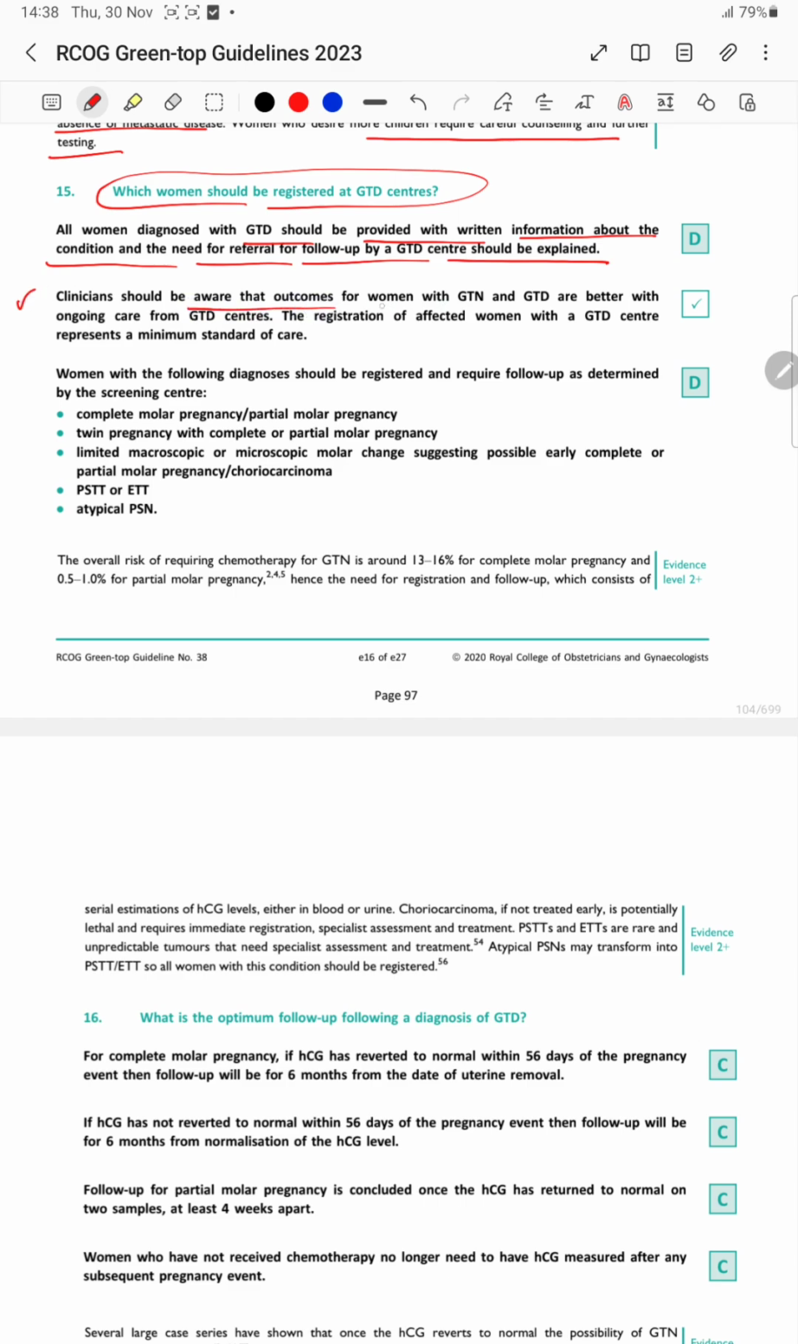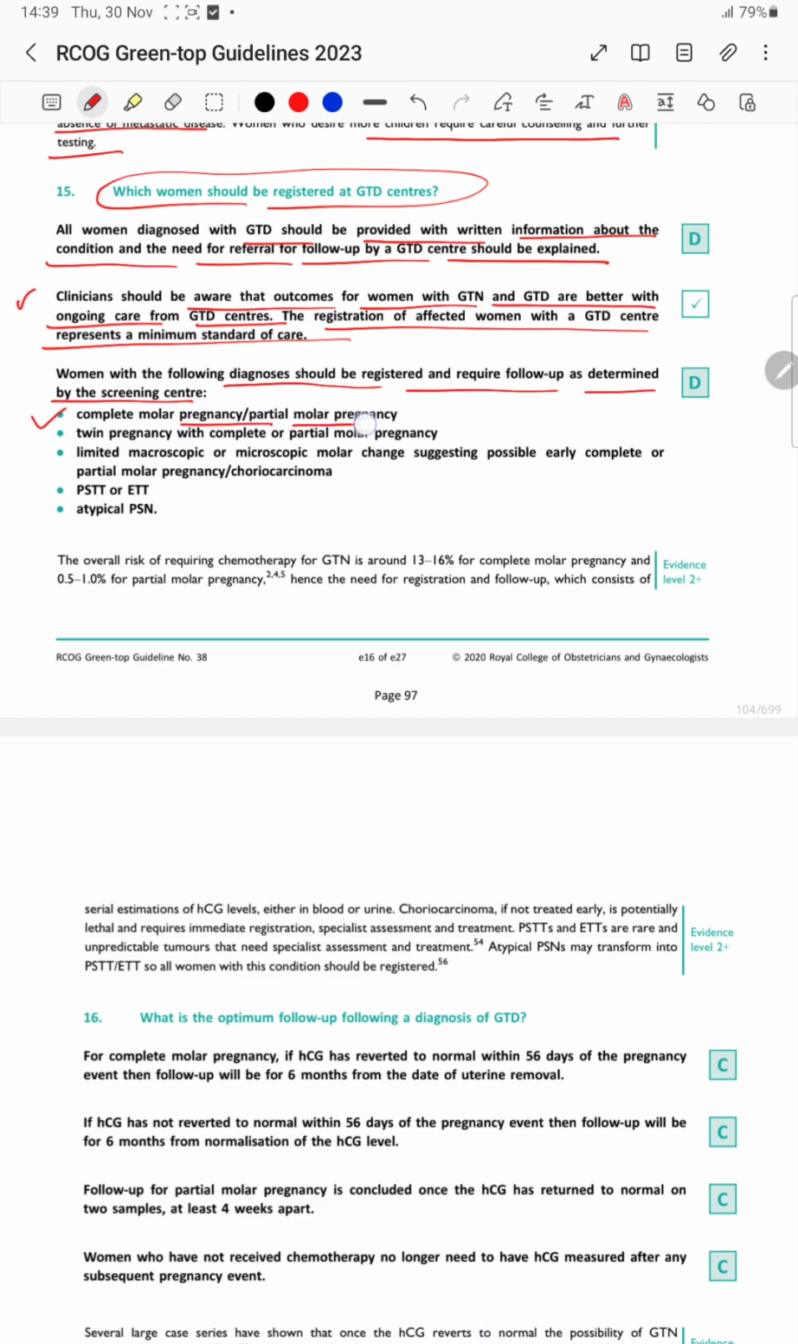Clinicians should be aware that the outcomes of women with GTT or GTN are better with ongoing care from the GTT centers. The registration of affected women with the GTT center represents minimum standards of care. Women with the following diagnoses should be registered and require follow-up as determined by the screening centers: